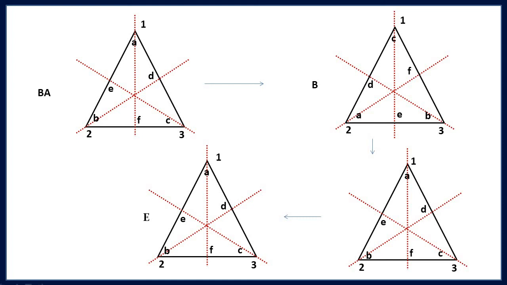Now we can compare these two. From here we will get BA equals E. That is, the product of two elements of a group is equal to E, and this E lies in the group. Therefore, closure property is satisfied. Here I have shown it for just one case. You can try to find out for any combination. By this method, at the end you will find out that closure property is satisfied for all the elements.